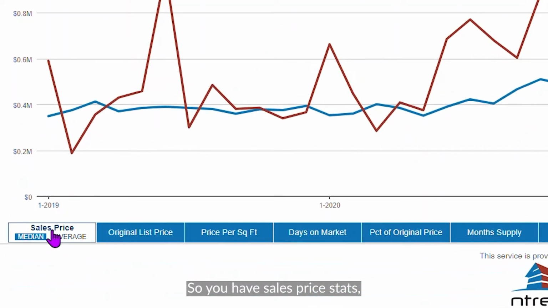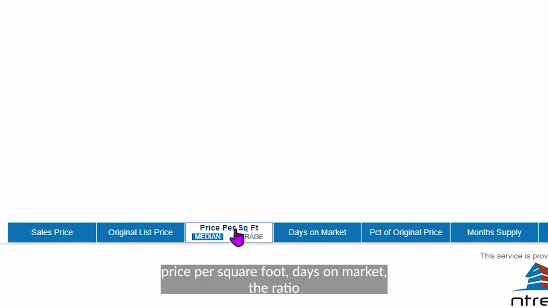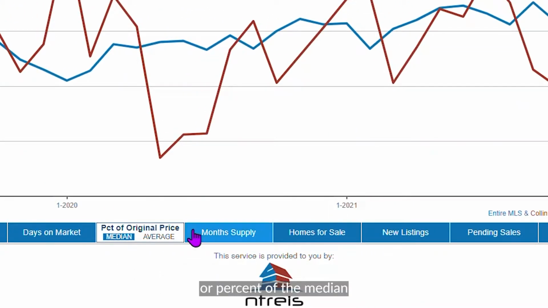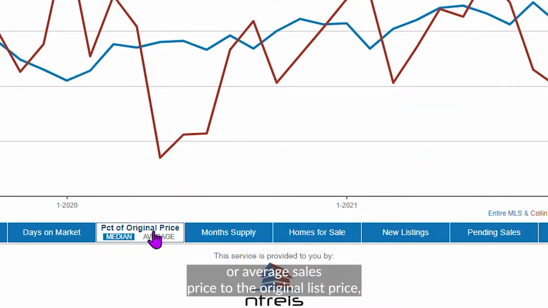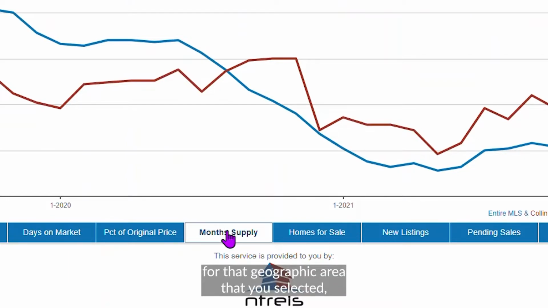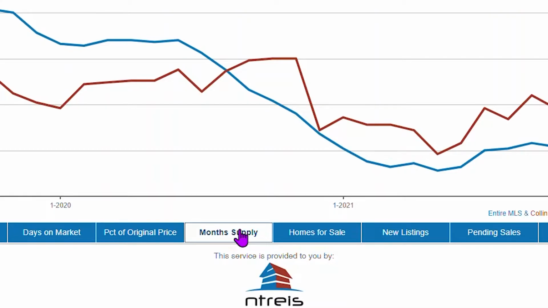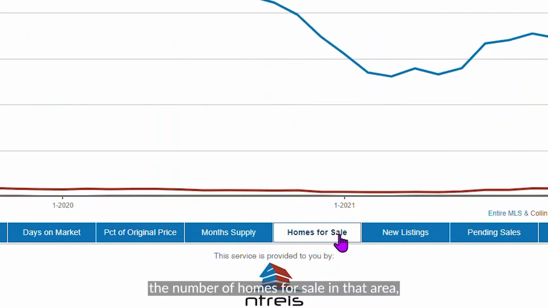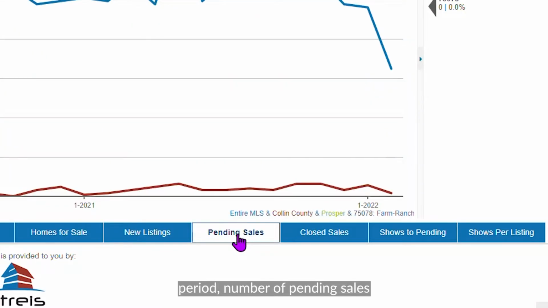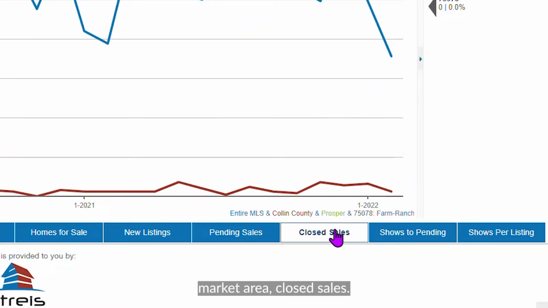So you have sales price stats, original list price stats, price per square foot, days on market, the ratio or percent of the median or average sales price to the original list price, a review of the month's supply of inventory for that geographic area that you selected, the number of homes for sale in that area, number of new listings over that time period, number of pending sales that are related to that market area, closed sales, and